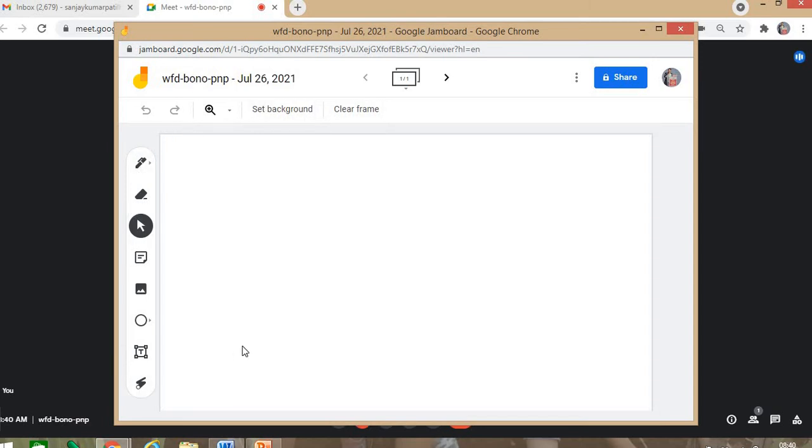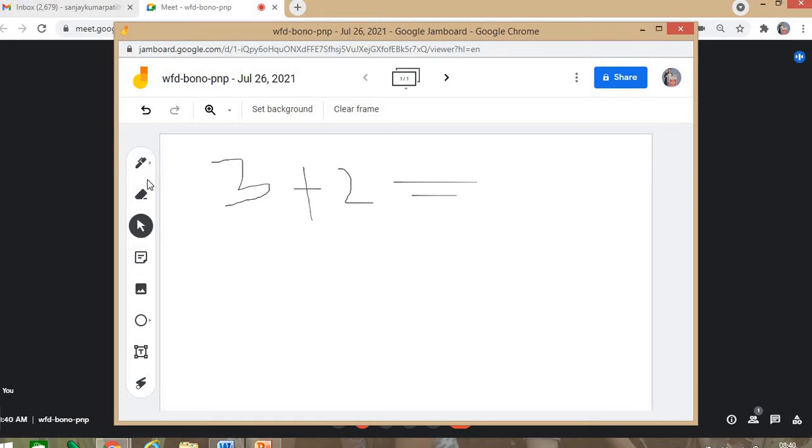It is best for math teachers. You can write a problem here, 3 plus 2, and ask the child to answer that. This Jamboard is also available to the child, so he can write on this Jamboard. Here you can see a pen is there. You can ask your child to write the answer here. So it is collaborative in nature.